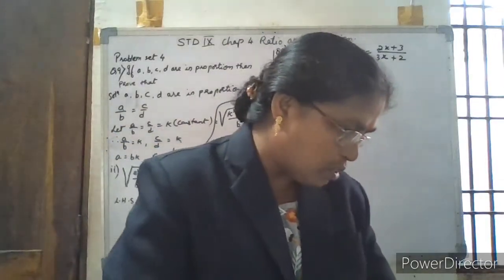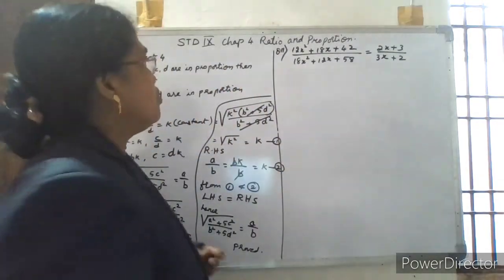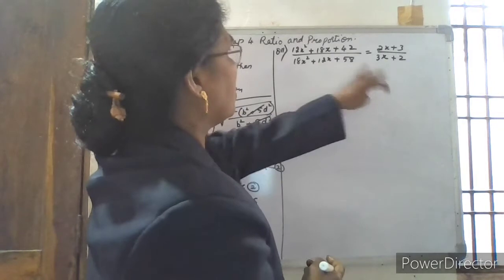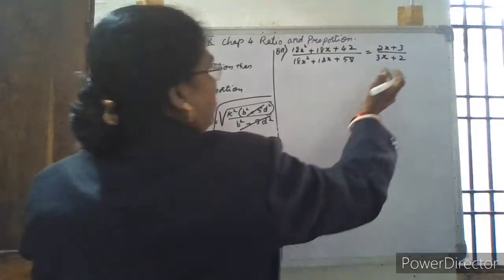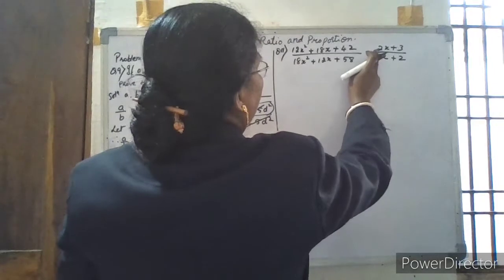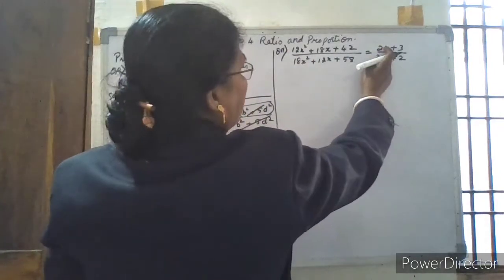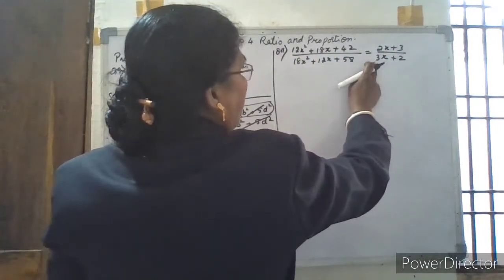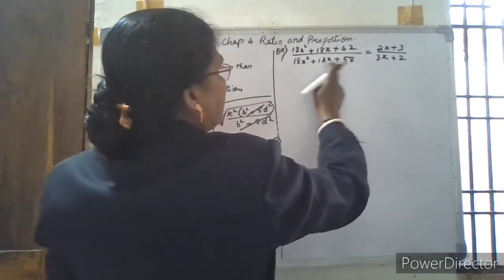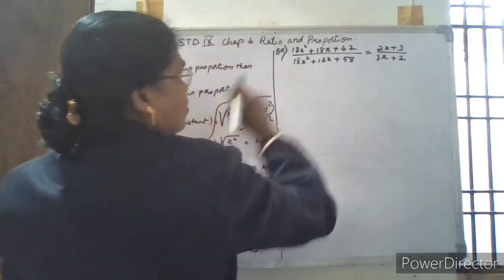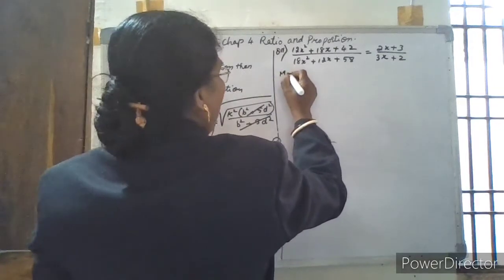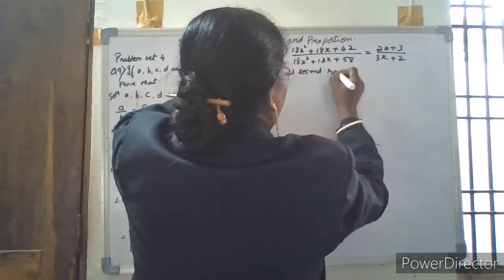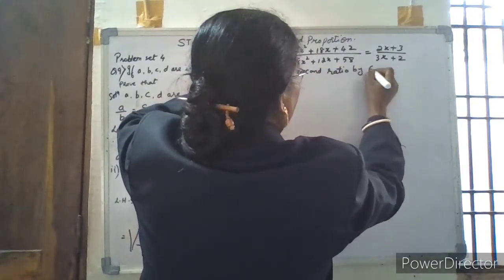Now we go to the next question, that is the 11th question. You have to solve this and find the value of x. Look at this. These are two equal ratios given here. This second ratio, if I multiply by 6x, I will get 12x squared, and 18x squared, but again this by 6x, so multiply the second ratio by 6x.